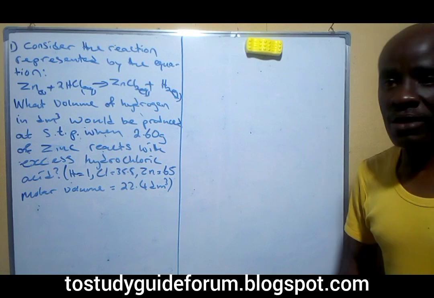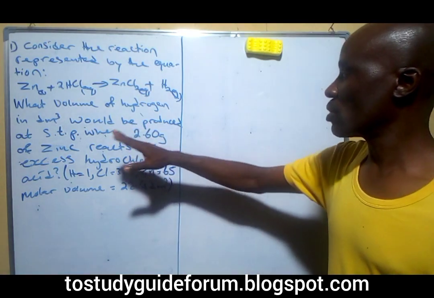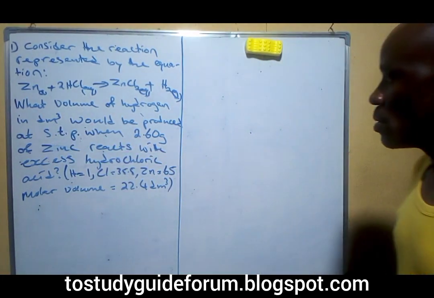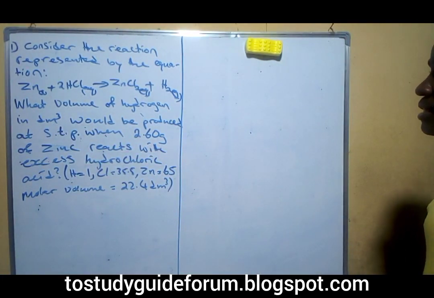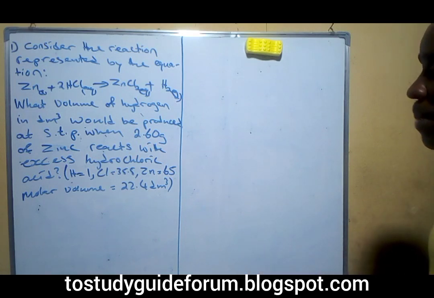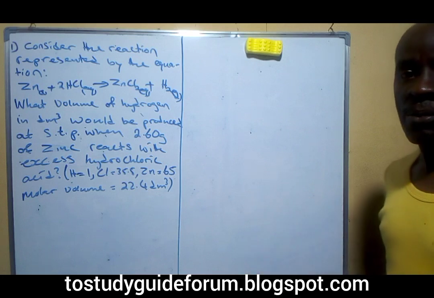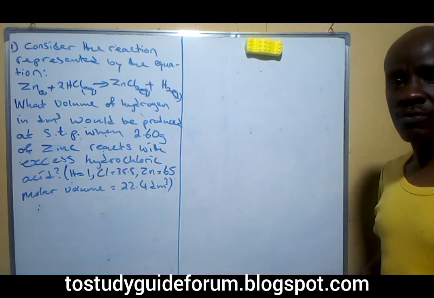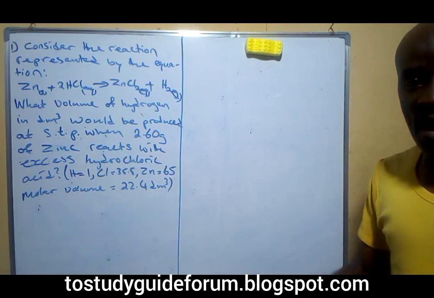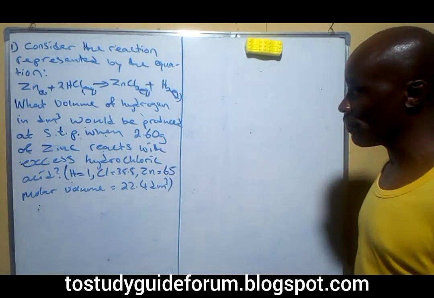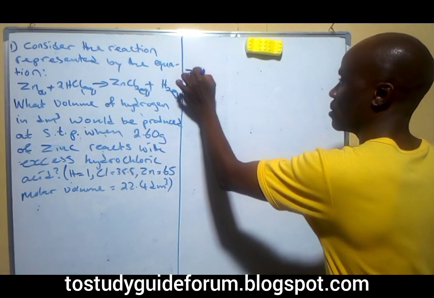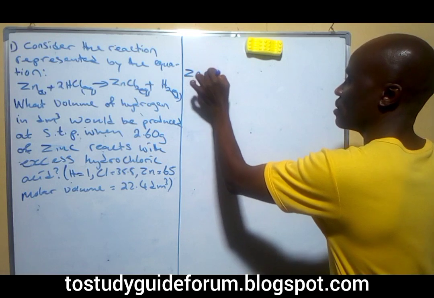So we want to look at this equation now. We say that the volume at STP. What we're going to do here is try to solve it in two different ways if possible, so that we'll be able to get it from different angles. So now when we look at this question, the first thing we do is consider the chemical equation. The equation we have there is